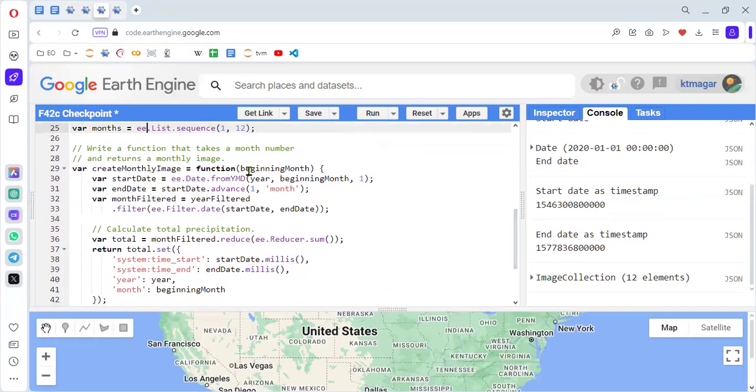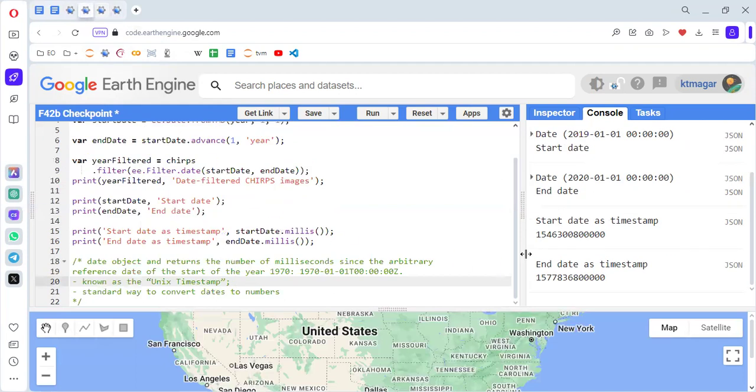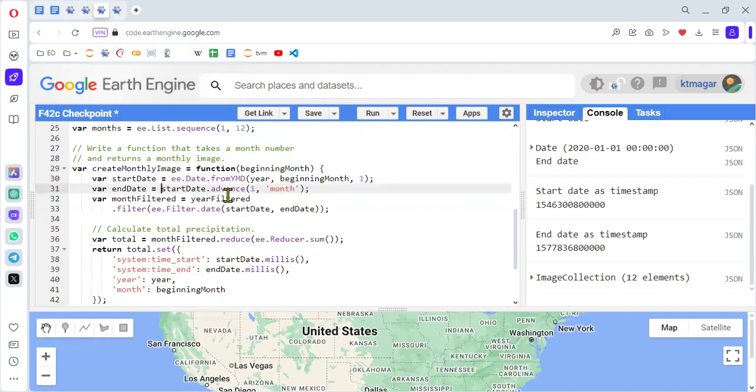What this function does is take some beginning month, and inside it we have the start dates. It gets that year, and then we have the beginning month. This will create a first date, and then we have the end date. This will just take the start date and advance it by a month. Previously, we saw this as year, just a few seconds before. This is the same, but in this case we want to advance by a unit of month. And again, we are filtering this